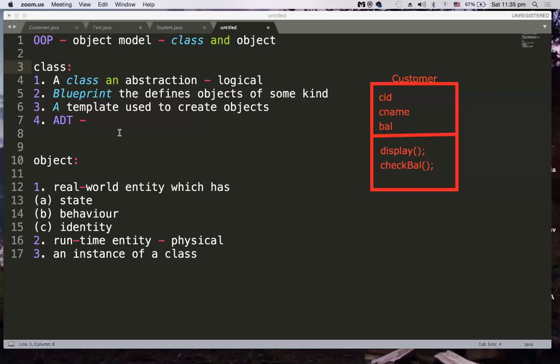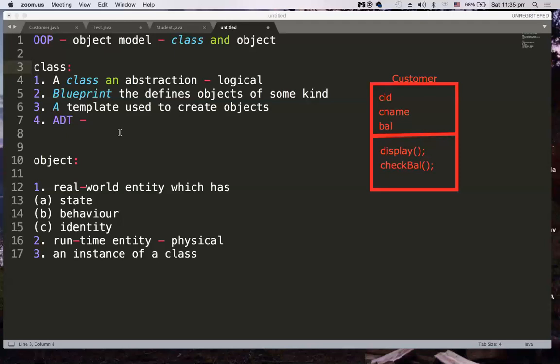It's just a template. As an example, most of the people watching my videos may be job aspirants on Java, right? So you will have a resume. Your resume is an object. But for that resume, there is a template.